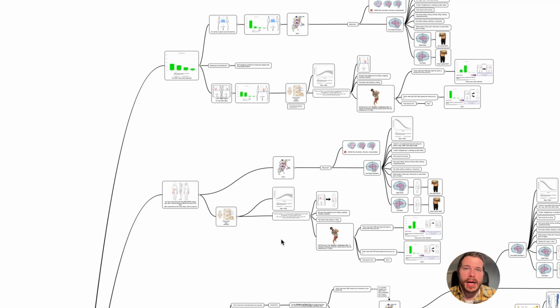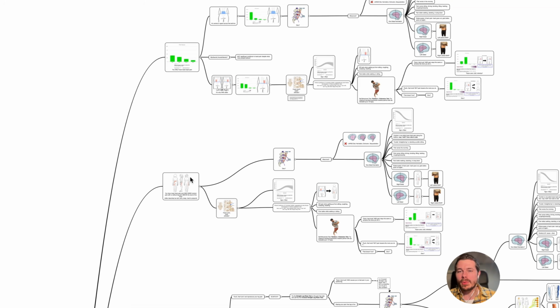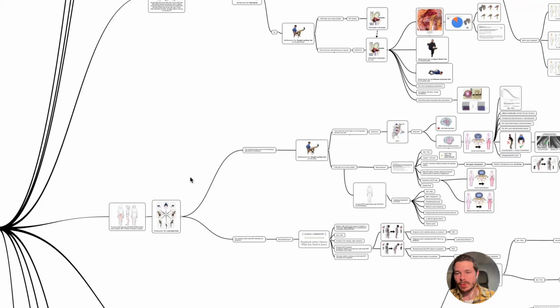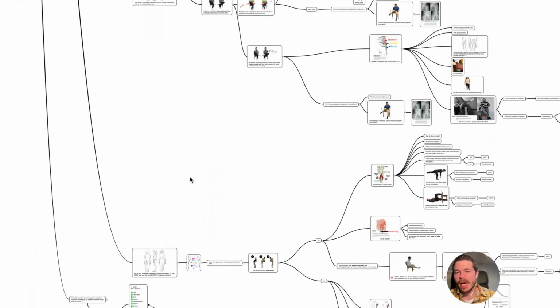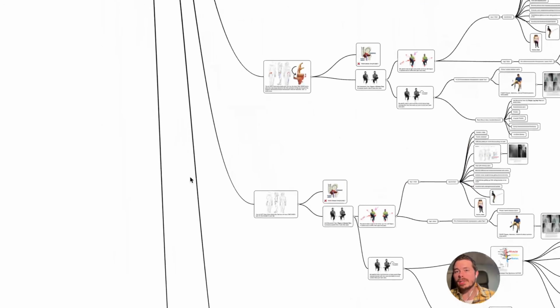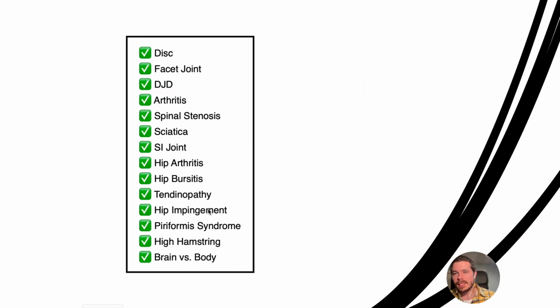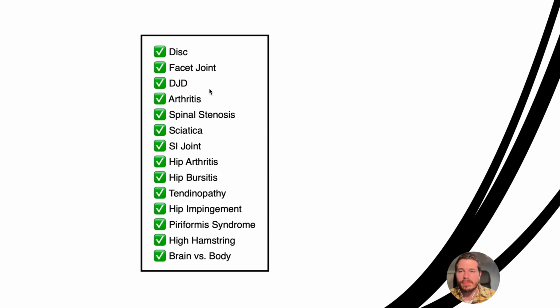And a quick warning, do not skip ahead. We're actually going to walk through this in a very specific order. We're going to start with symptoms felt only in the lower back. We're going to work through the pelvis, into the buttock, down through the hip, and into the leg. And we're going to cover various diagnoses or reasons why you might hurt so you can figure out what could be going on. So we're going to talk about things like disc issues, facet joint problems in the lower back,